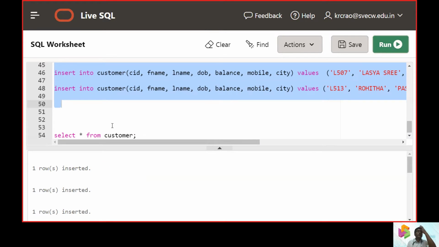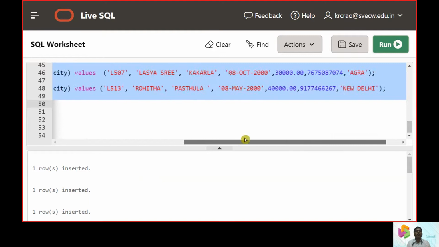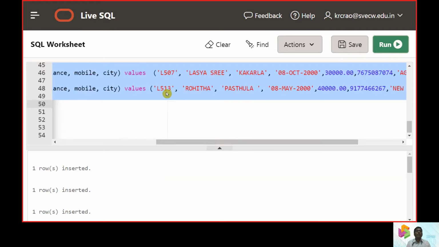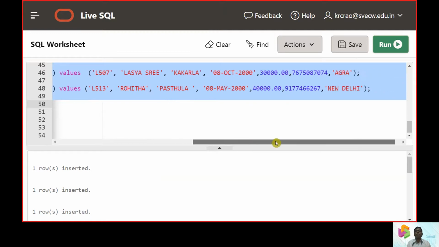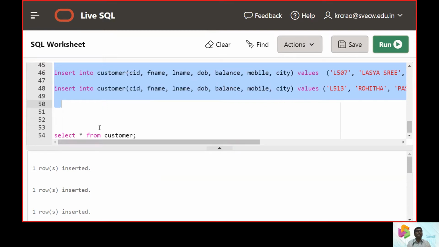Now in the insert command, we can see it is insert into customer with the values of the table, and the characters are given in single quotes, and the date also we mention in single quotes, and when it is working with numeric values we are not putting quotes.